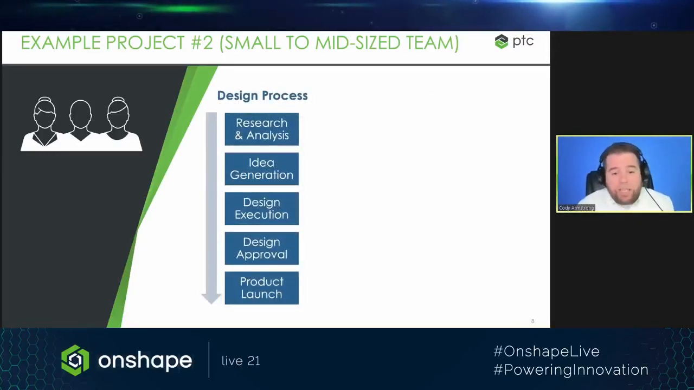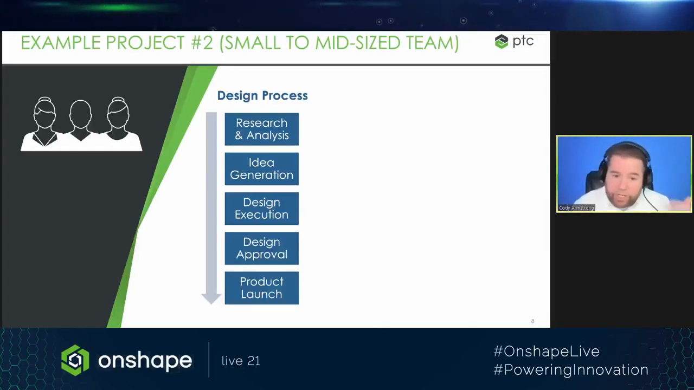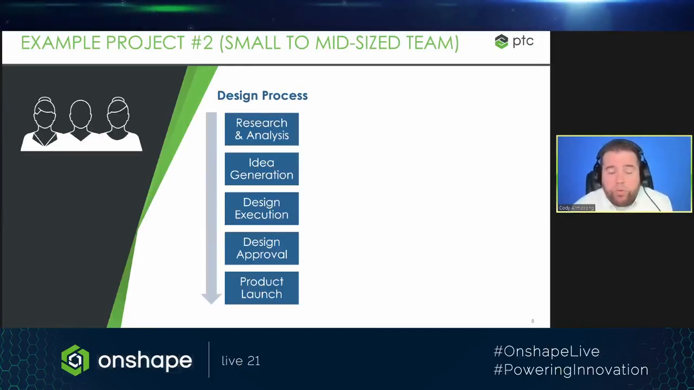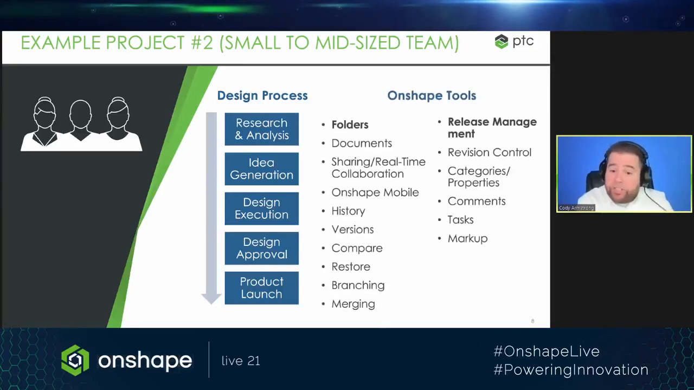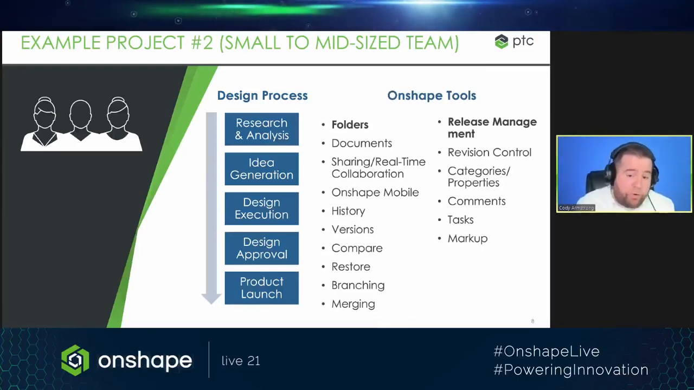And so the process is just a bit more involved. And I bring this up only to show that there are more people involved in it. You have a research and analysis phase, an idea generation, design execution, now a design approval phase. In addition, you have a product launch phase that may include sales, may include marketing, may include a number of teams internally that may benefit from access to that CAD data. So small to medium sized teams, the tool set is very similar to what I showed you just a moment ago. So they're using the same history, versions, compare, branching and merging features that I showed you a moment ago,